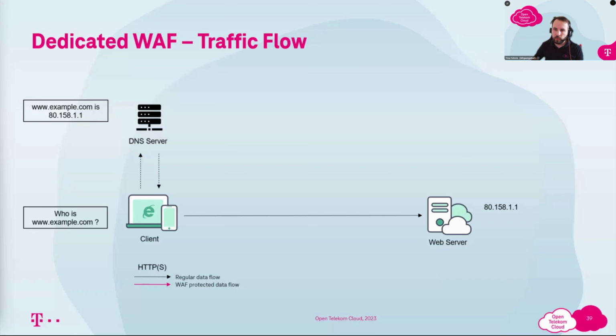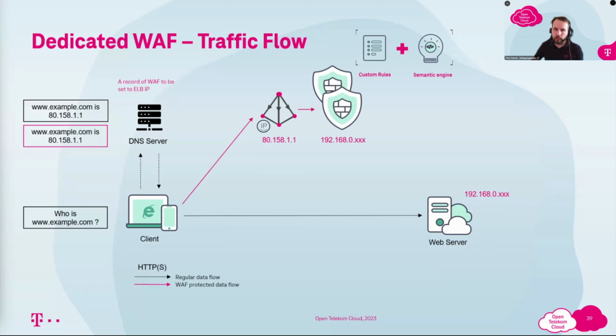What's now changing is with the dedicated WAF. First of all, we need an elastic load balancer. The elastic load balancer is now internet facing. It has an elastic IP, so a public IP address. And now we need to enter an A record to the DNS pointing from the public IP address of your elastic load balancer to the domain. That means the client is then going to your elastic load balancer, and the load balancer is forwarding the traffic